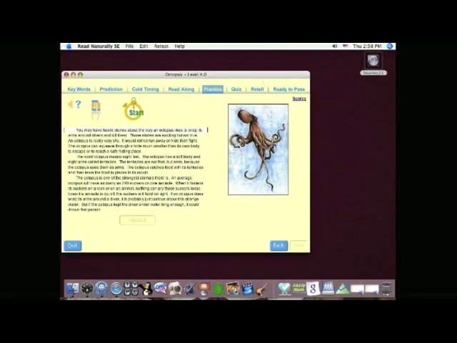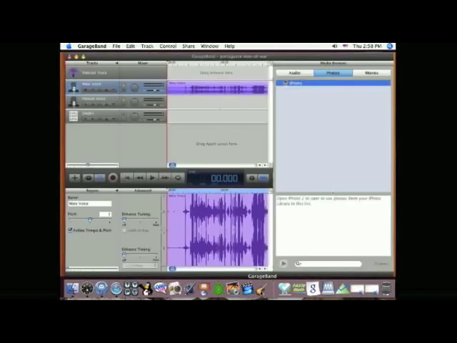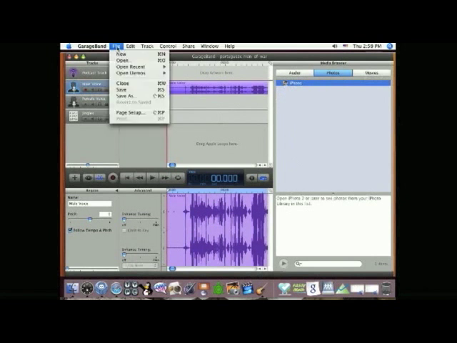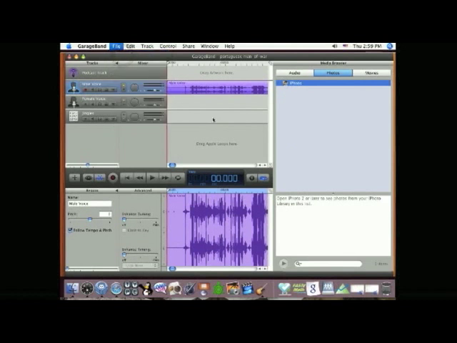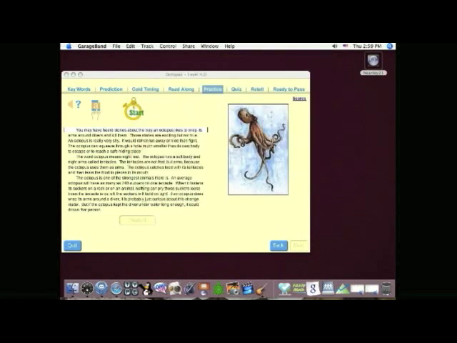and then I'm going to start up GarageBand, which takes kind of a little while because GarageBand is a huge file. So we're just going to watch it initialize and be patient. Okay, so this opened up somebody else's folder. So I've got to go up here to File, and I want to create New. And I'm going to create a new music project,